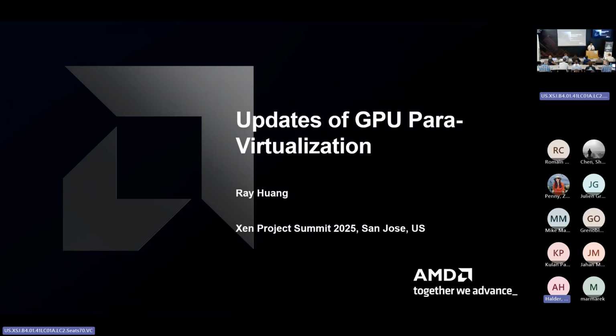We also started a prototype of AMD ROCm support on Xen. ROCm is a machine learning compute stack for all the AMD GPUs. However, the basic OpenGL and Vulkan functions probably cannot meet the current automotive requirements. So this year, we continue to introduce some advanced features in this area. Questions and comments are welcome.